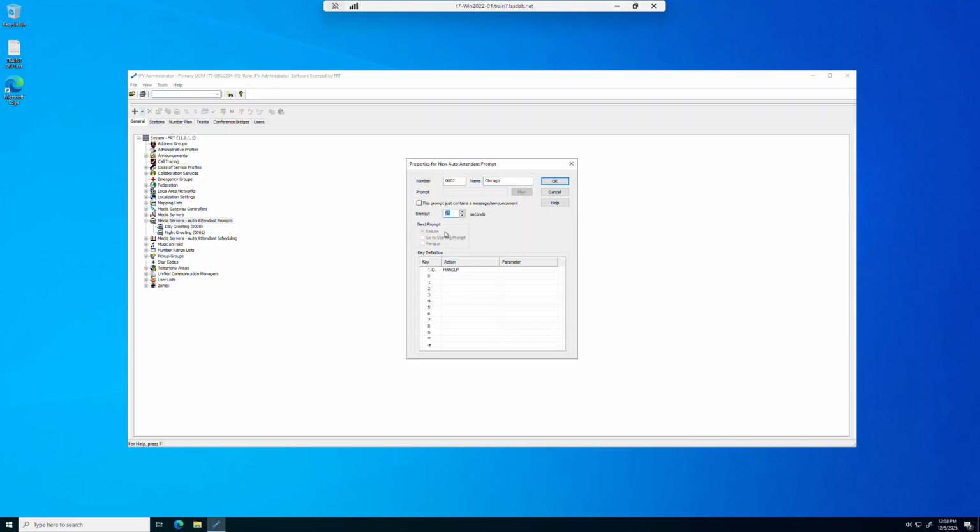This timeout will tell me how long the system is going to wait for the user to dial something. 15 digits is too long. I will put 5. And now I will go through the options. So first, the timeout option. We said that we want to transfer the call to an operator. So let's say I use 1001 as Chicago's operator. I will use the same option for